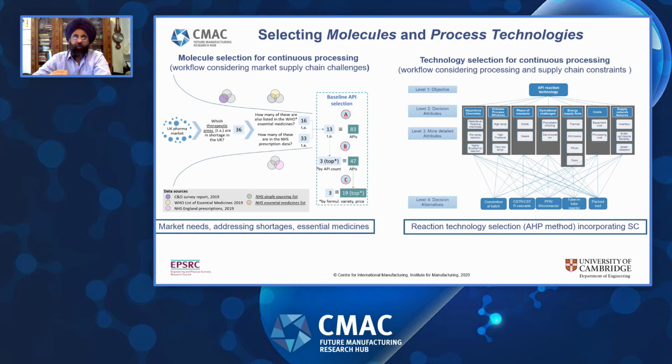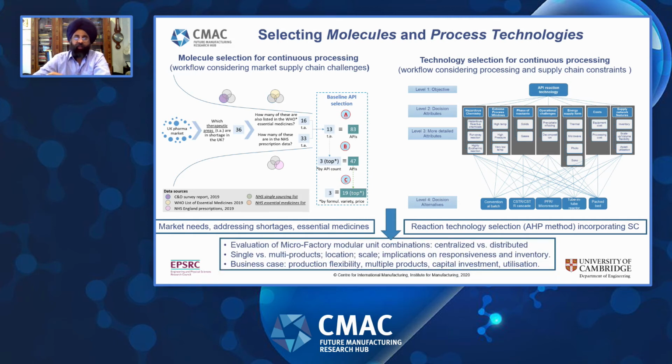Then on process technologies, we wanted to look at multiple decision criteria, the analytic hierarchy process method, for identifying what are the technology choices. And here we looked at a number of process technology variables, but added to this the traditional supply chain variables around responsiveness, cost, inventory. And this has sort of led us on to